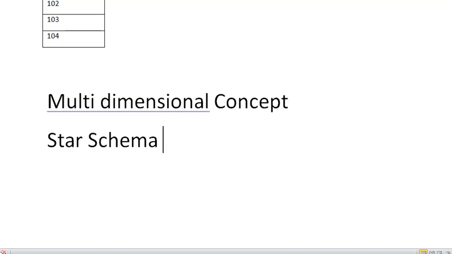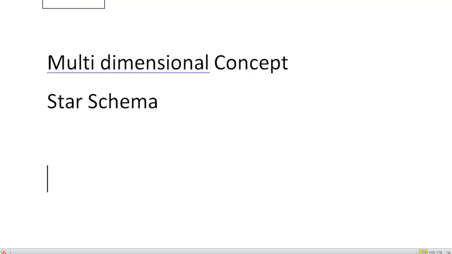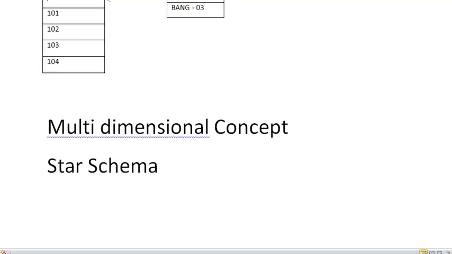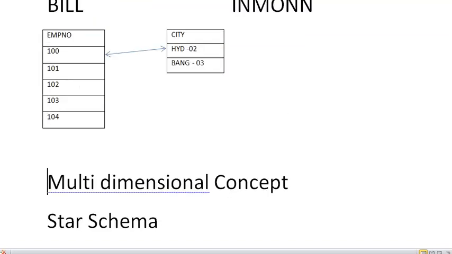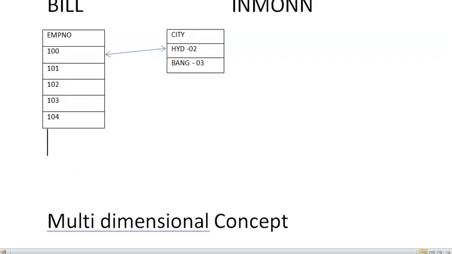Star schema is technically more in detail about the multidimensional concept. So I'm going to explain you about the multidimensional concept, but before we go, in data warehousing we'll have certain things like